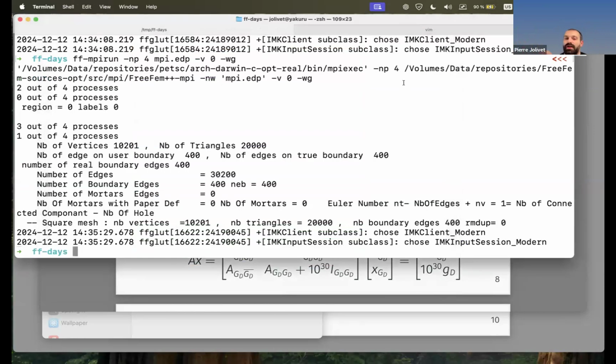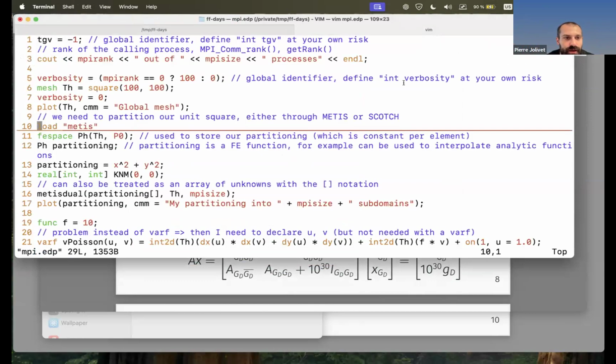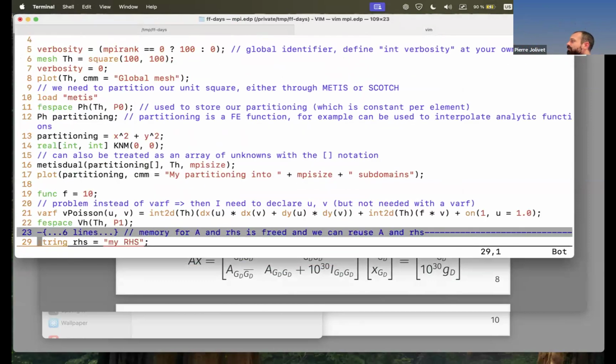So now we want to actually break down the domain according to our partitioning. And we want to make all the computations in parallel, both for the assembly and for the resolution of the linear system. As I mentioned earlier today, we can do it with the recent composite FE space and even some merges in the FreeFEM kernel. I will show you how to do it with the macro_ddm.idp because it will follow the distribution, the geometrical decomposition,